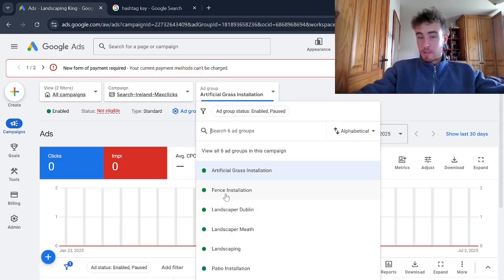So if all of the keywords in this ad group here is for fence installation, then wherever it says landscaping in the headlines and descriptions, you would swap that for fence installation. And that way then, if all of the keywords are exact match fence installation and they see an ad that says fence installation, the chances of them clicking on that ad and converting, as long as the landing page is matching up with that ad, is a lot higher than if you were to just try and drive all of that traffic